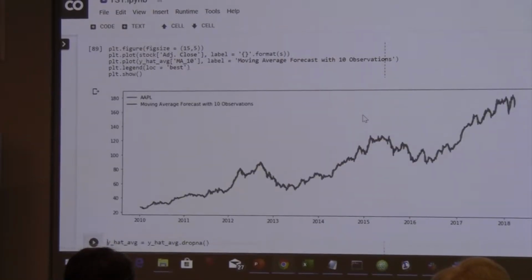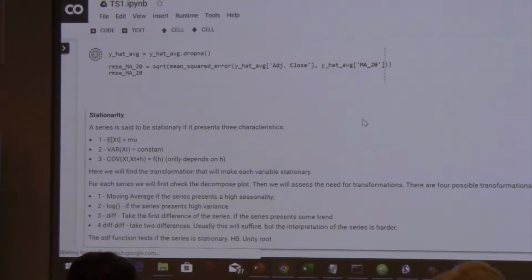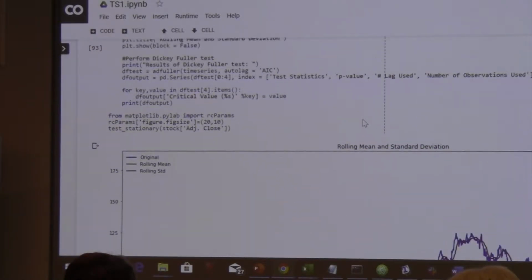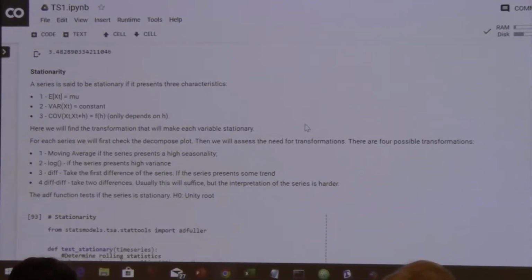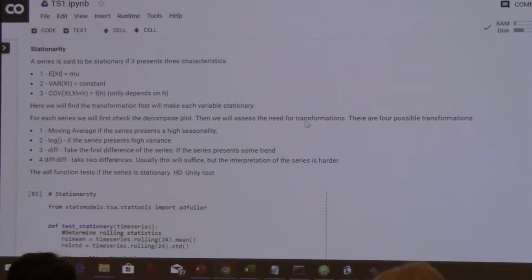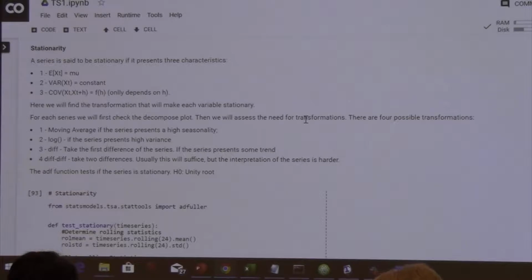Now you have nice graphs. Moving average for 20 years. Now we got into the interesting part.